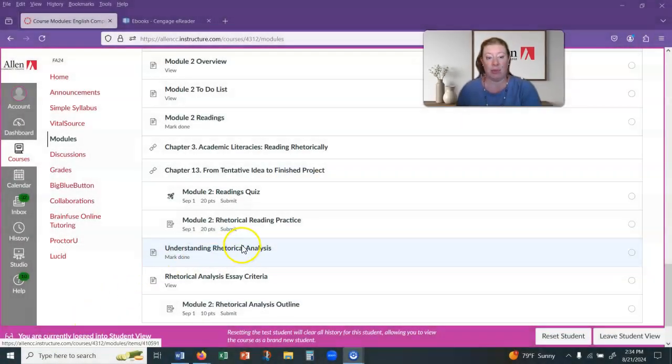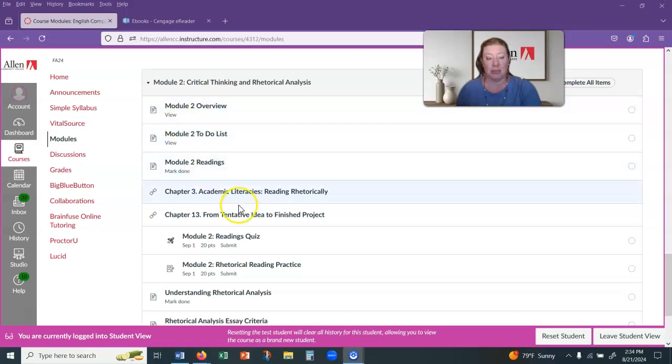So Module 2 is the introduction of our first essay assignment. You will be doing a rhetorical analysis of an article. And so this module is all about critical reading and thinking and rhetorical analysis and how that will apply to the first essay assignment. So we have a couple of things that you'll be working on, some kind of basic